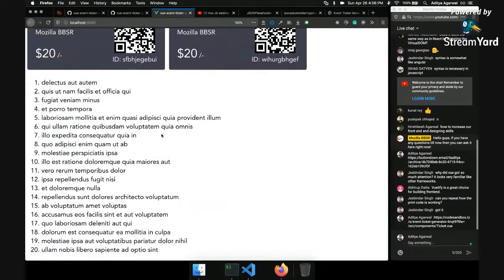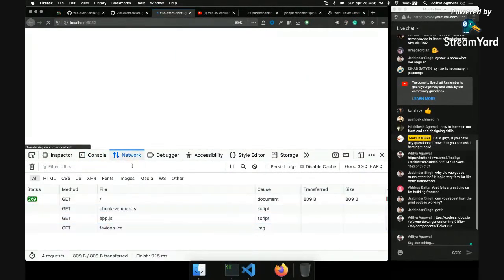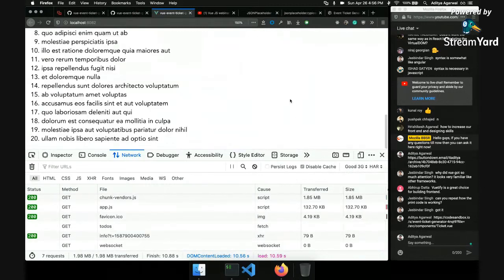So if we see, and you can see that first the load, let me slow it down. If I go to network, I can select Good 3G, and now you can see that the API call was made.